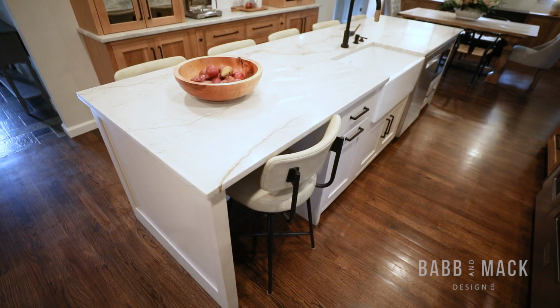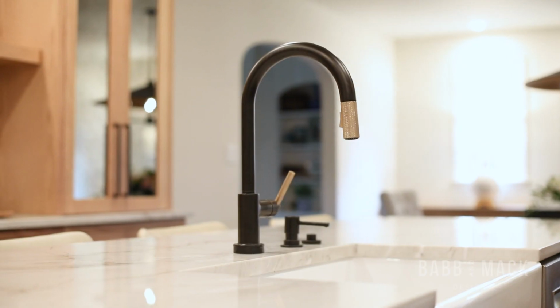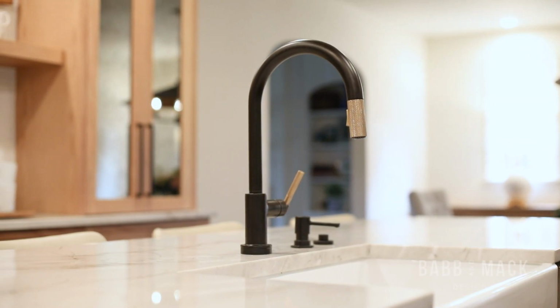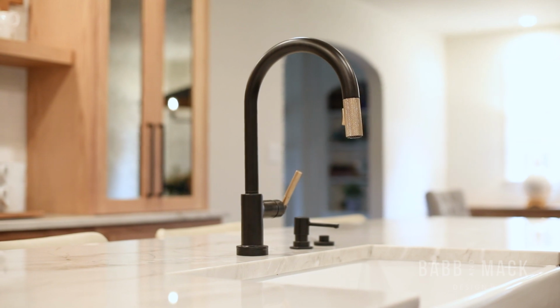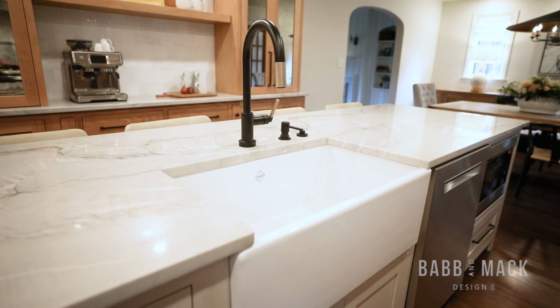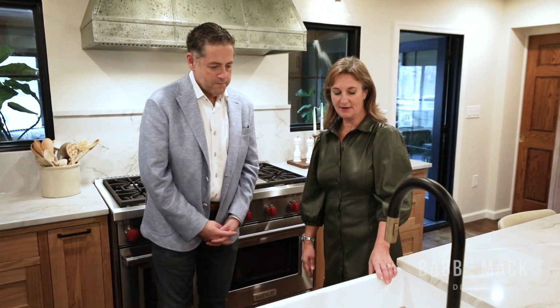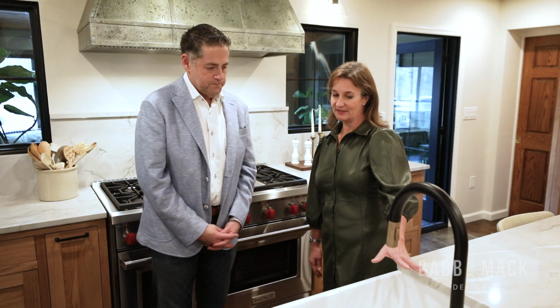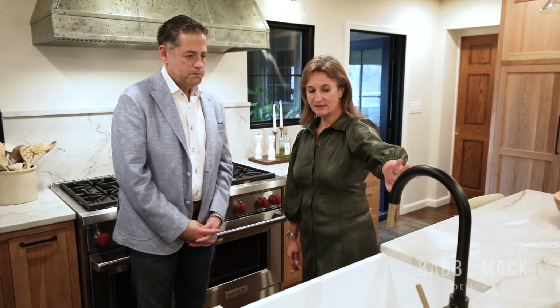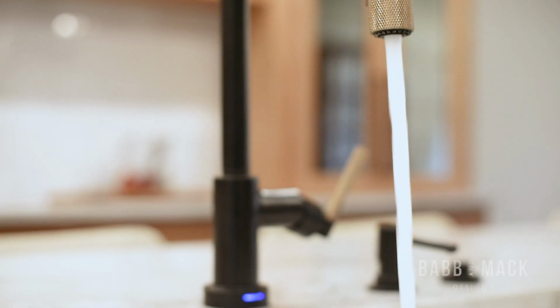And as we're looking at the Shaw's sink that's right here, which is a beautiful farmhouse sink. Exactly. And then we've got the Brizo. It's a very traditional setup, but we tried to pick modern forms. So this is a nice square sink, even though it's a traditional apron front sink. Easy to manage, easy to clean. And this, we just loved the combination of black with the little accent of brass, and it is a touch